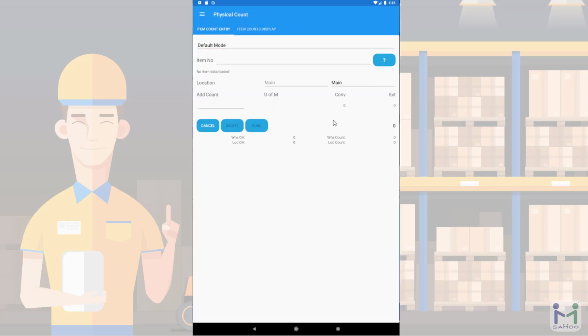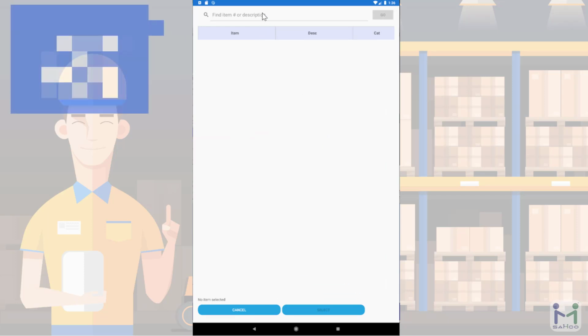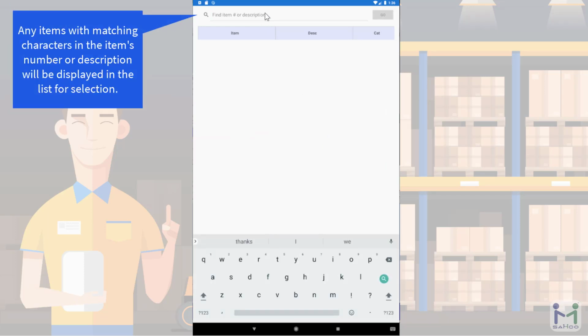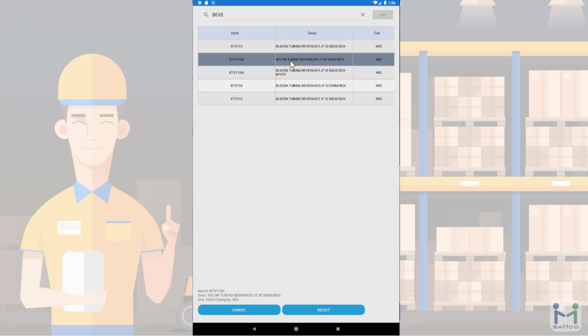In the item number field, you can scan a barcode or manually enter an item number. If neither are available, you can also use the lookup function by pressing the question mark button and search for an item by partial item number or description. So for example, we'll enter in a partial description, and the system searches through the database and comes up with these 5 items. So we select the item we're looking for, choose select on the bottom,